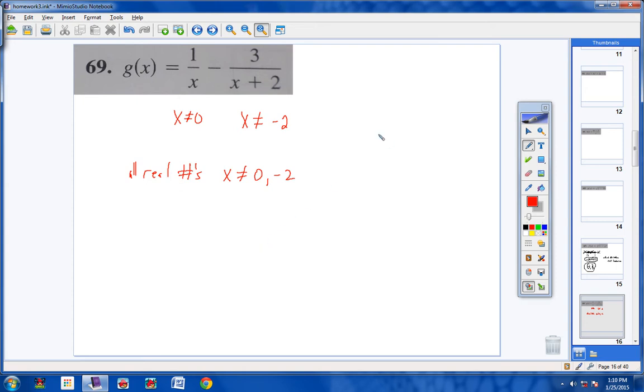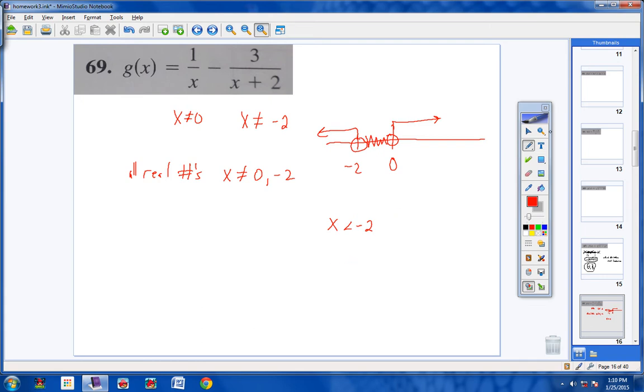There we go. Now, let's get a picture of this. We have 0 and we have negative 2. So, we would have this part over here. We would have this part here. And we'd have this part here. So we have 3 parts to the graph here. So for inequalities, I guess we would say x is less than negative 2. And that would say,